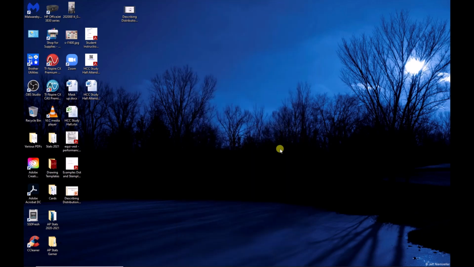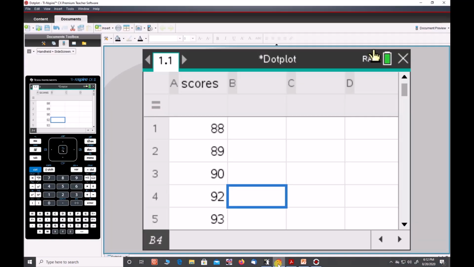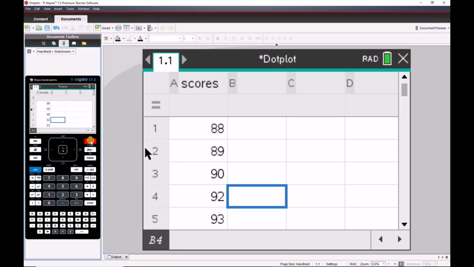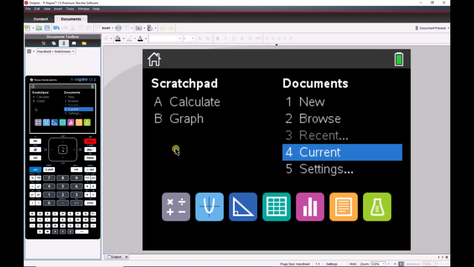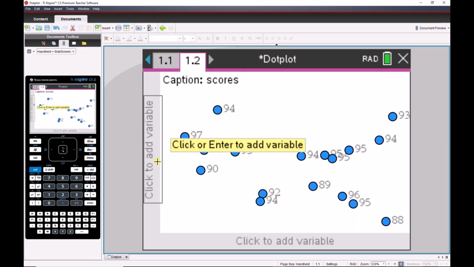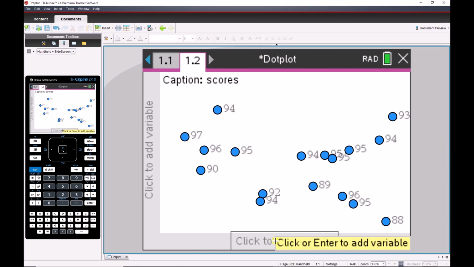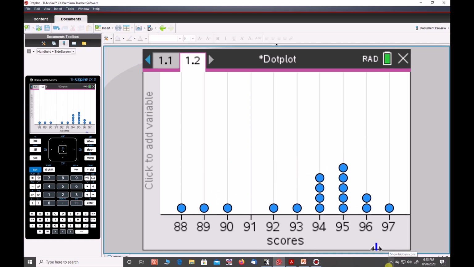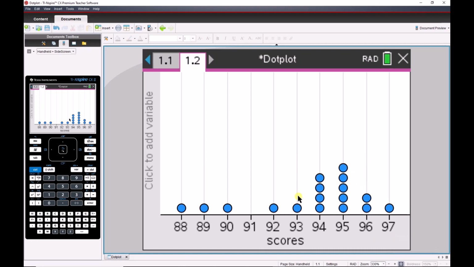Okay, good deal. So what I want to do is go back to the NSpire and go home and show you that you can actually plot one of these things. So let's go to here. This is a stats graph. We're going to use both the spreadsheet and the stats graph a lot. It just gives you this amorphous looking thing. If you click to add a variable, we're going to add the only one we've got, which is scores. And now the only thing it's missing is a title. So we can talk about this. It looks like it's skewed to